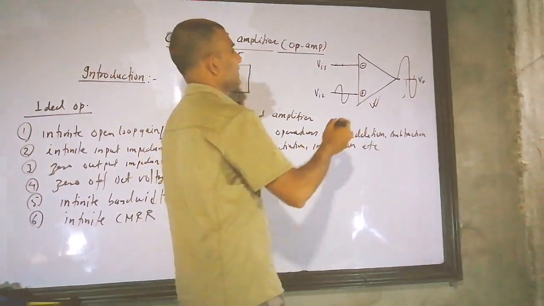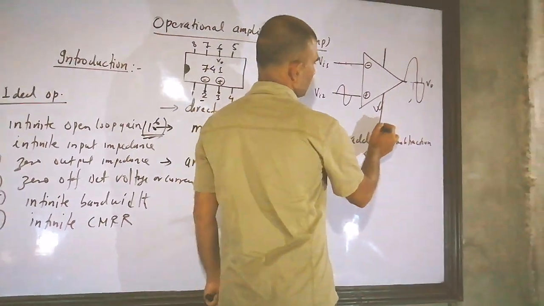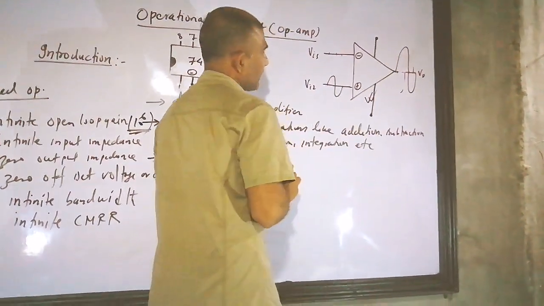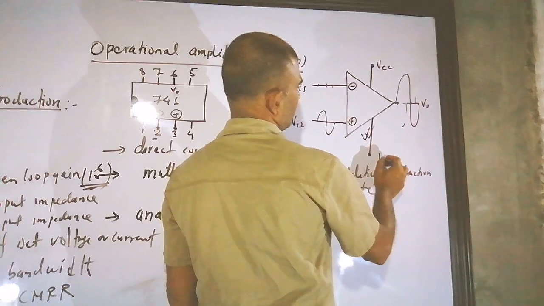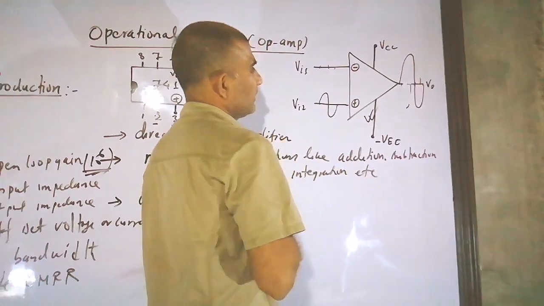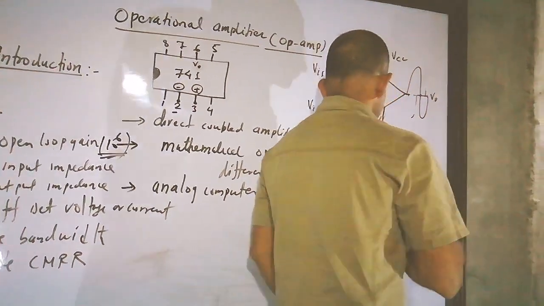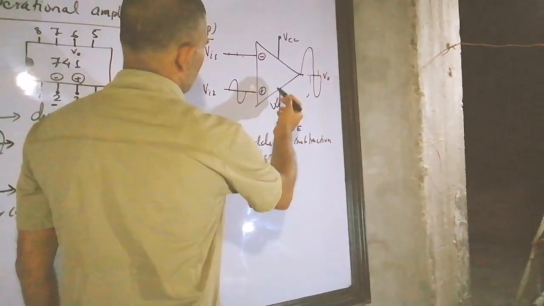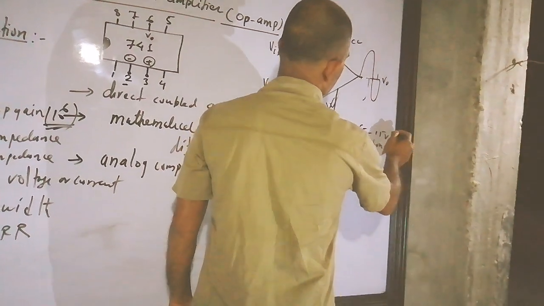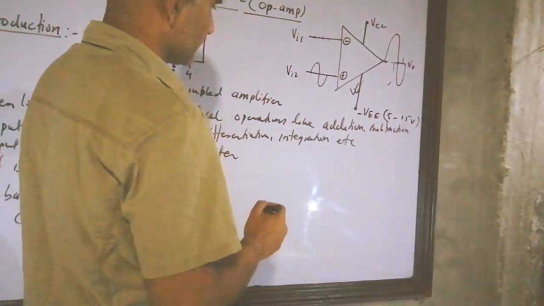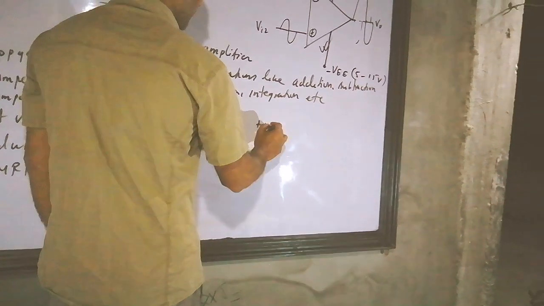To power the amplifier, we need a dual power supply. Dual power supply means we have plus and minus supplies. One of the supplies we call VCC, and here is VEE, which is minus. We may wonder how to get this VCC and VEE power supply. That's a very simple idea. Actually this IC operates from 5 volt to 15 volt. So suppose we want to operate at 9 volt, then we take one battery, a 9 volt battery, with a plus and a minus.